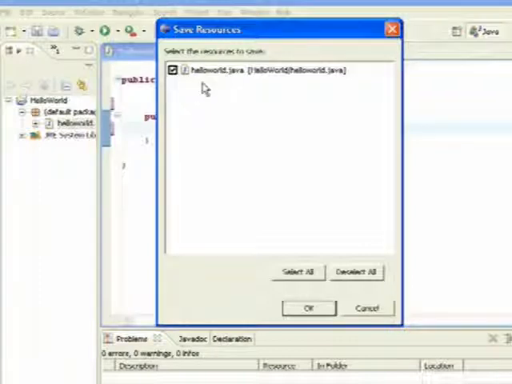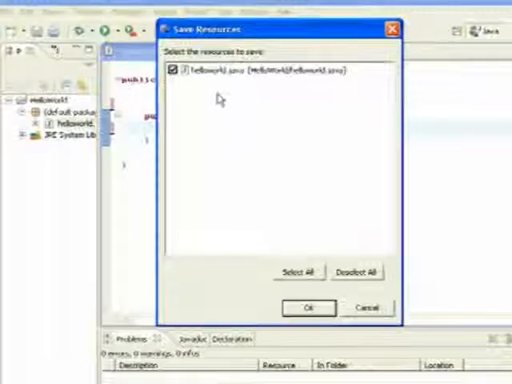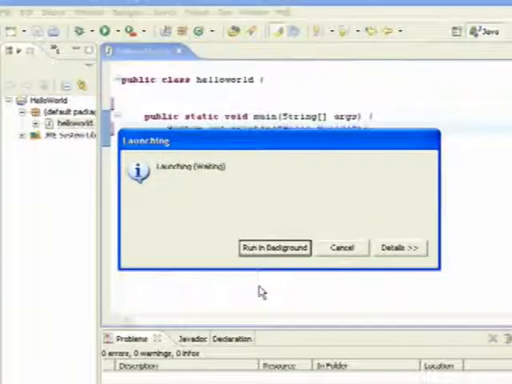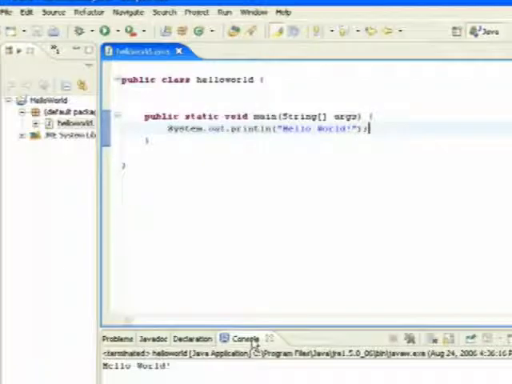Then it's going to say, hey, I'm going to save all of this before I run it. And it always saves over what was already there. So every time you run it, it automatically updates all your files, saves them in case it crashes your computer, because that would really stink. Run as Java application. And there it is. Down at the bottom, I've got a console, and it says Hello World. Now, for the first couple of weeks,